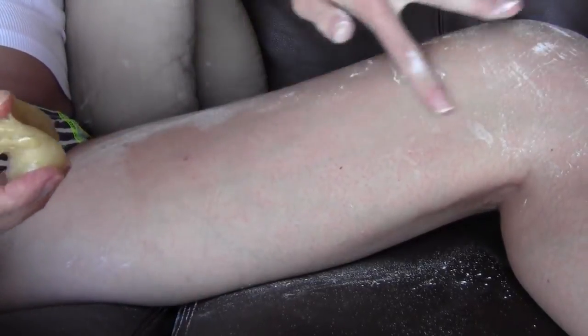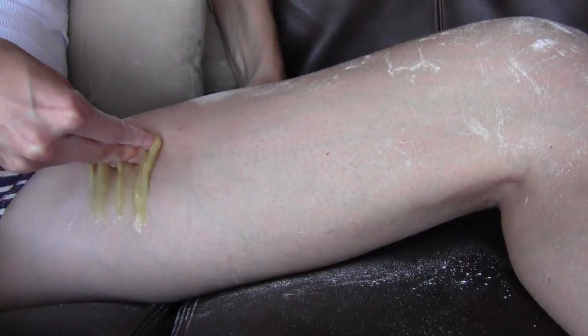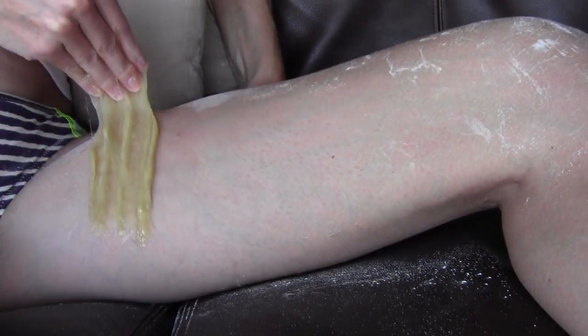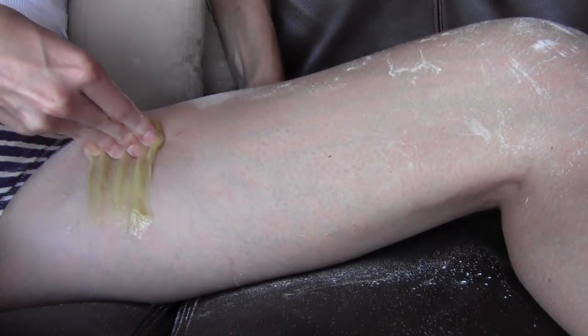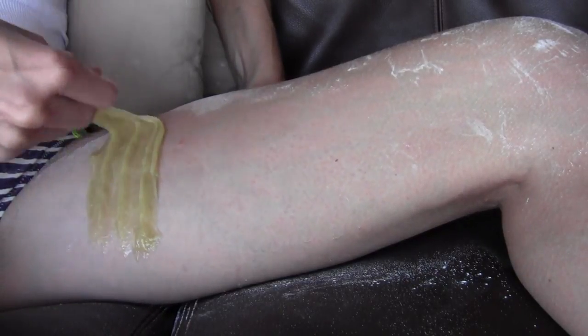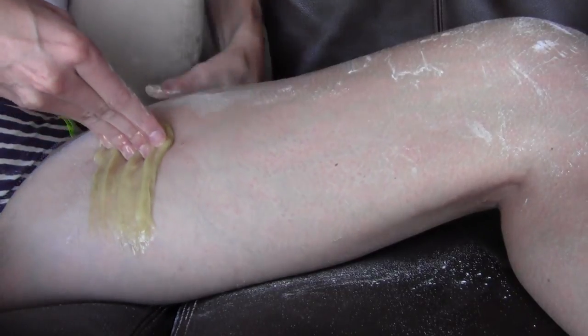And actually I was a little more tender down in here, and as I'm coming up my thigh, it's actually getting less tender for some reason. Behind the knee is also a kind of tender spot. Sometimes that can be a little more sensitive. Around the ankle just kind of has a strange feeling. A